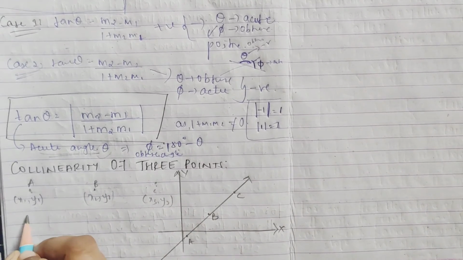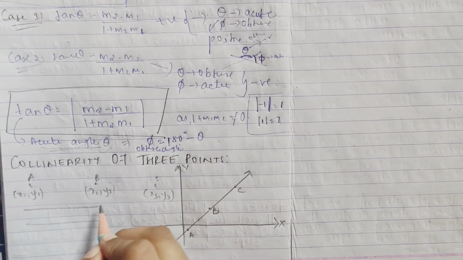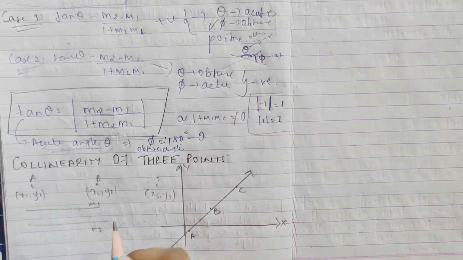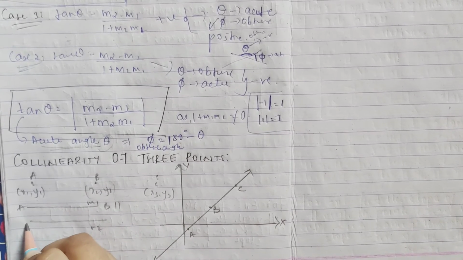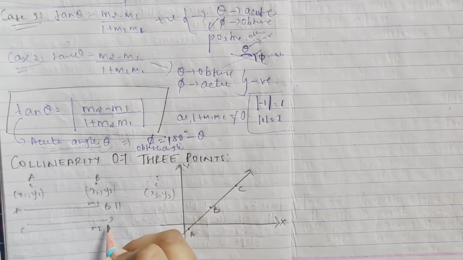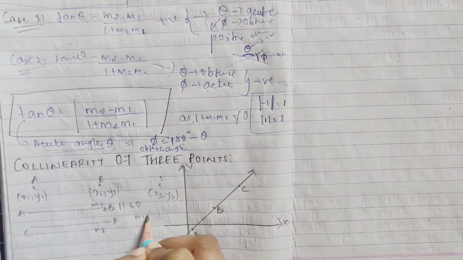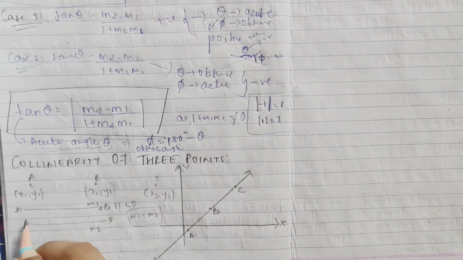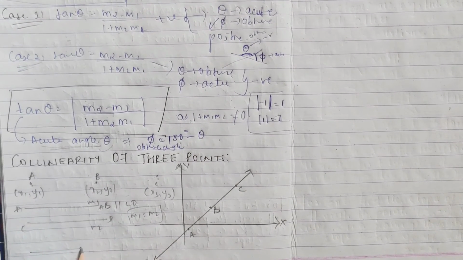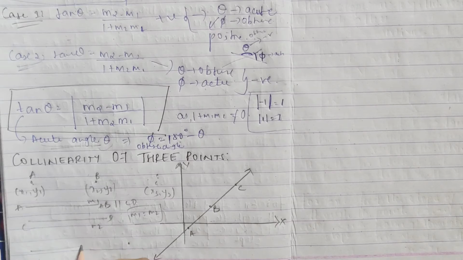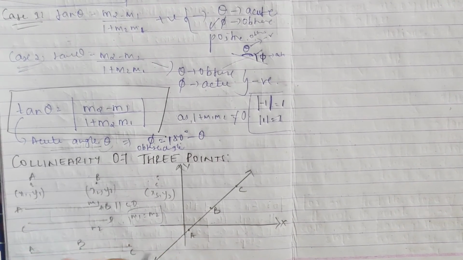Now suppose 2 lines are parallel, right? We say the slope m1 is equal to m2 if they are parallel. If we take this A, B, and this is CD, so here AB is parallel to CD. Then if they are parallel, m1 is equal to m2, right? Now suppose this only AB, CD also comes here, and we are taking a common point A, B, C. The same 2 parallel lines.